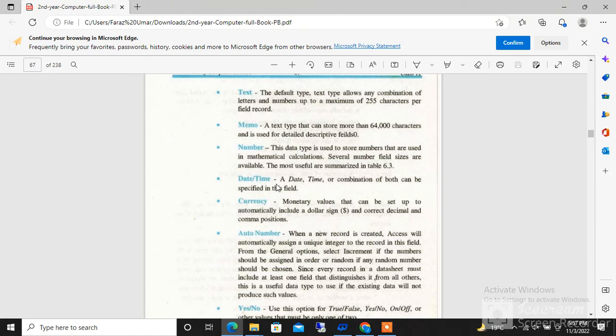Date/time. Date, time, or a combination of both can be specified in the field. Currency. Monetary values that can be set up to automatically include a dollar sign